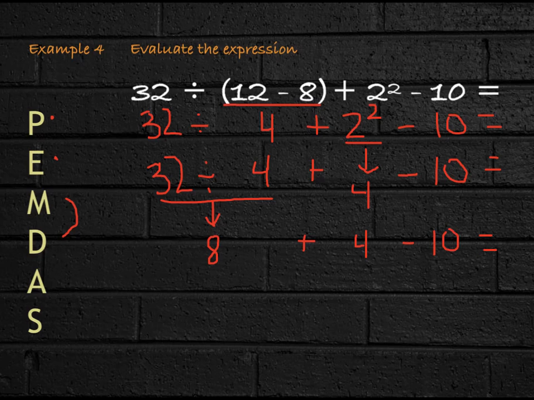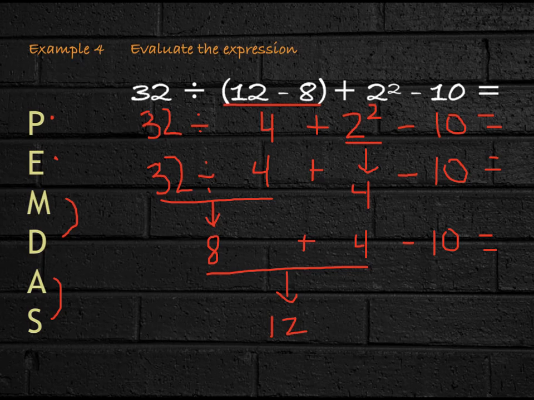Now, one thing I want you to notice is the steps, how I go down. I'm doing one operation on each line, and that's the way I want you to write your problems out. After you fold your paper in fourths, I want it to look just like this, so you keep things in the exact order. So we've done multiplication division, there's none left, so now we can go to addition and subtraction